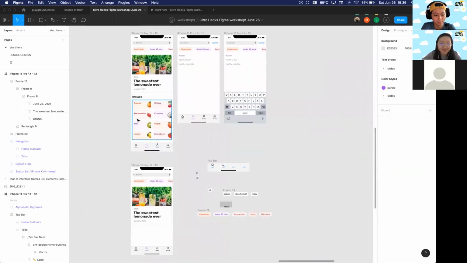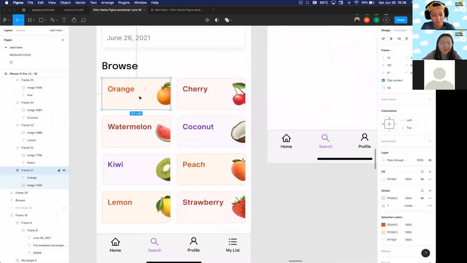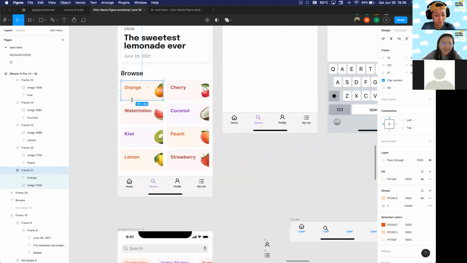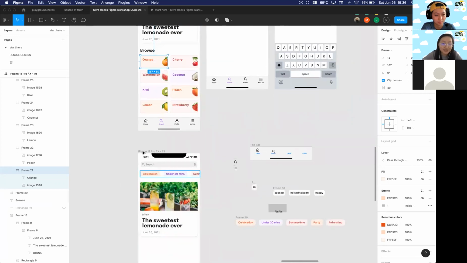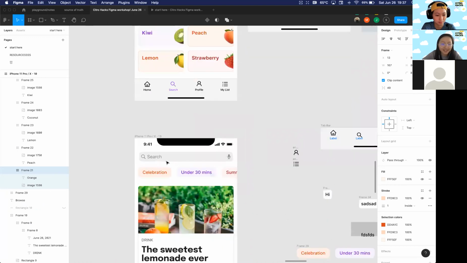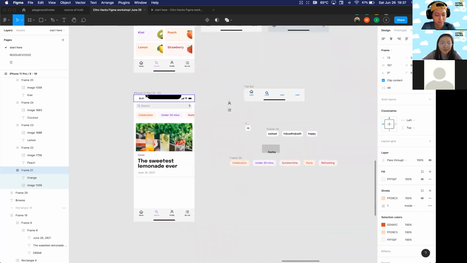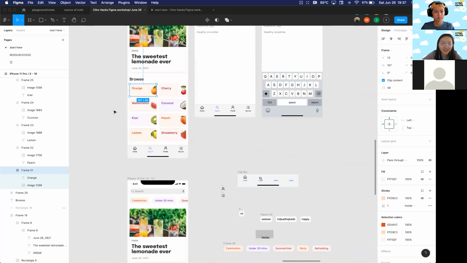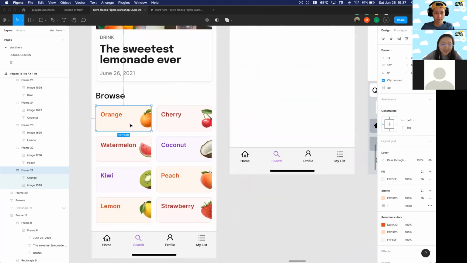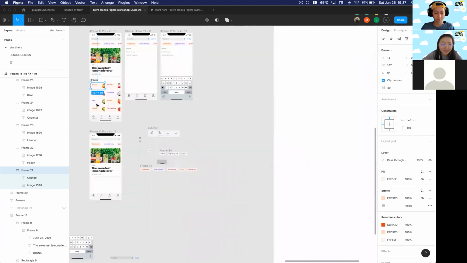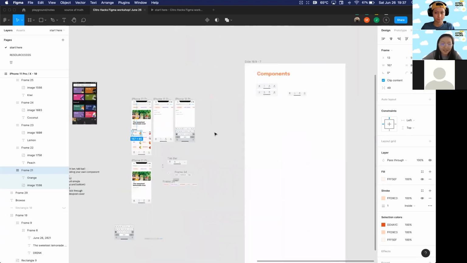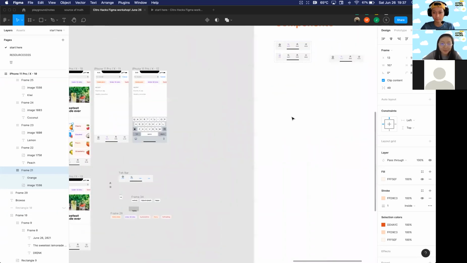This part also, I don't know if we have time, but I'm going to try anyways. I feel like these are pretty easy to make. So these are just frames. You can put frames inside of frames, by the way. The frame that will show up in the prototype is just the largest frame that contains all of the frames, if that makes sense. Okay, so for these ones, I'm going to try,